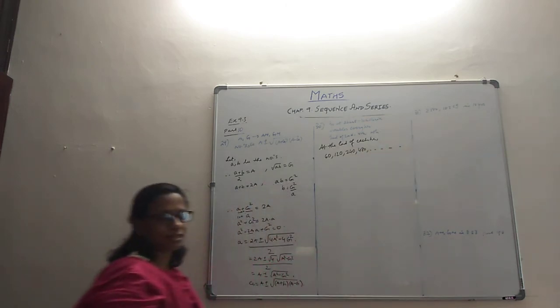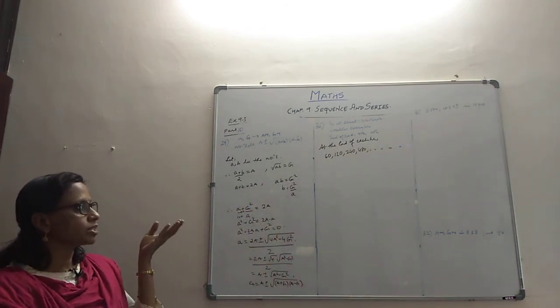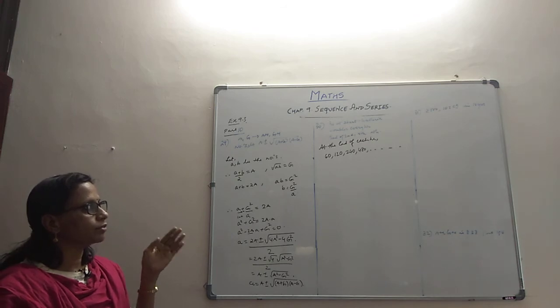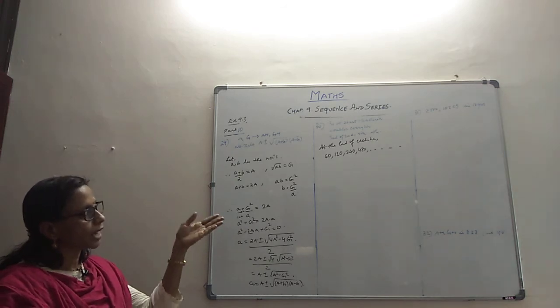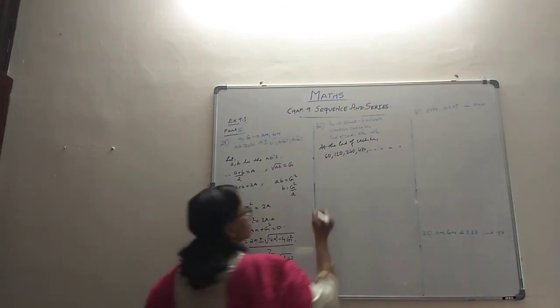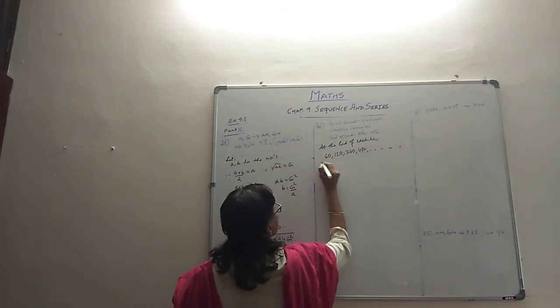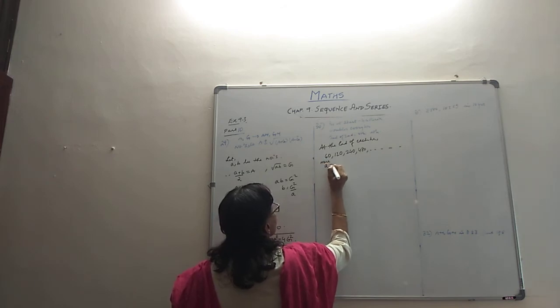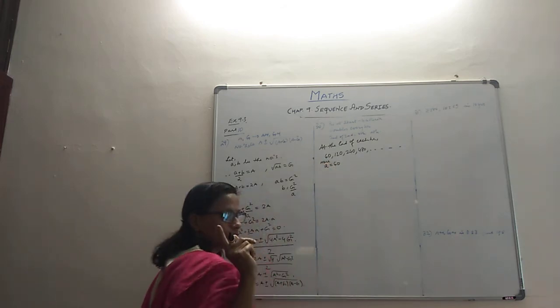That's how it is. So they ask us to find out what it is at the end of the 2nd hour and at the end of the 4th hour. You can take it up directly from here. Otherwise you can say like this, that at the end of the 1st hour, it is a here. a is 60, because at the end of the 1st hour it will be 60.